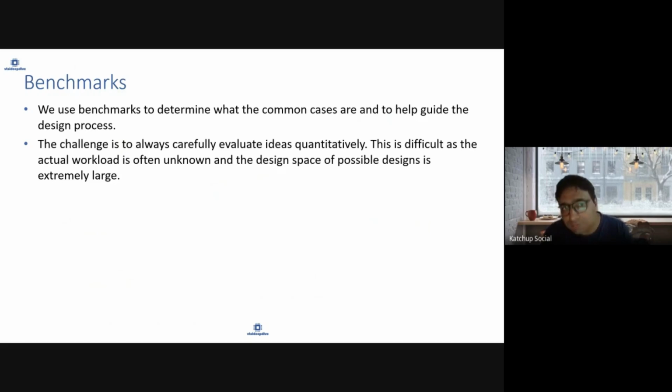Now how do we make sure we are improving the performance? We have benchmarks to determine what the common cases are, and that helps guide the design process. The challenge is always to carefully evaluate these ideas quantitatively, because some